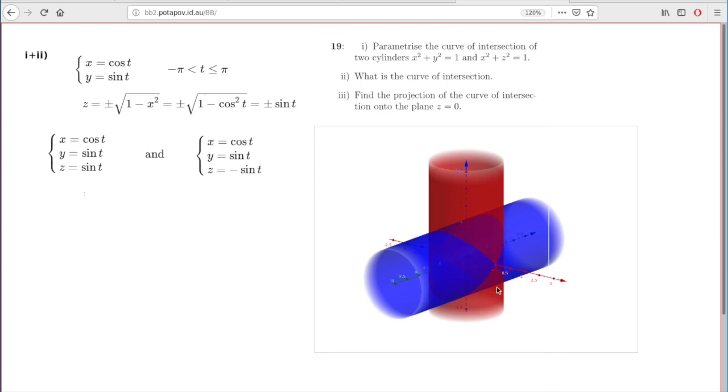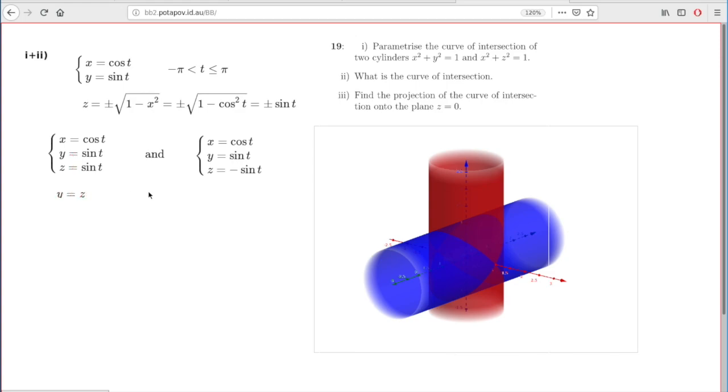The harder part is to identify those curves. When I say identify, I mean find the geometrical characteristics of those two ellipses. And for that, we need a little bit of geometry. In particular, I'll just focus on this curve. Whatever I do for this curve can be repeated for this one as well. So my first observation will be that for this curve,